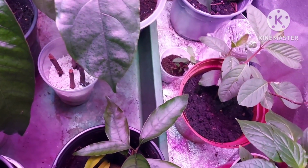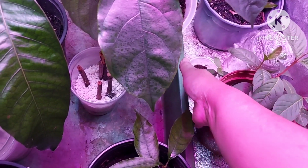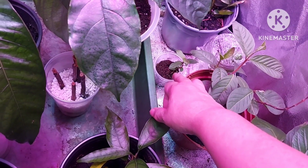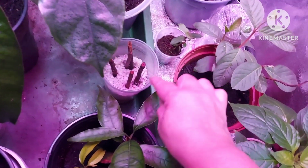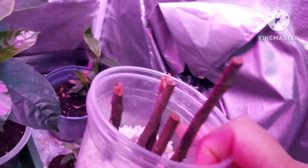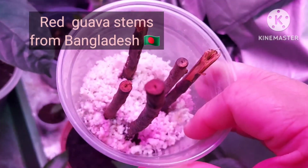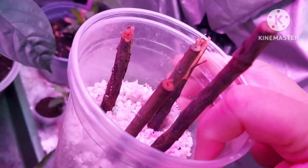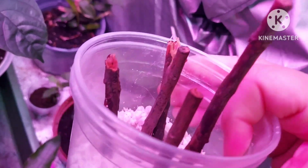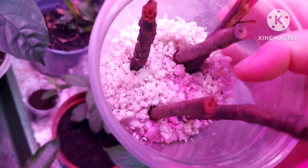Right, so here we are downstairs in the grow tent, where I've got the purple guava from Spain, and I've also got Sri Lankan guava in the same pot, and these are the stems that I got from Bangladesh a few weeks ago. In fact, just over 6 weeks, I think 7 weeks ago. And I don't think these are from the tree, the rooftop garden in Bangladesh. There was a big red Malaysian guava tree, and these stem cuttings were taken from there, but